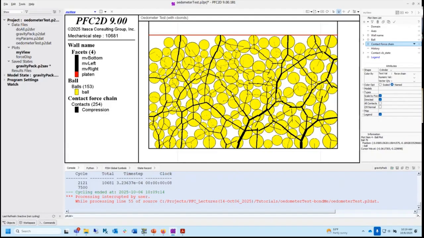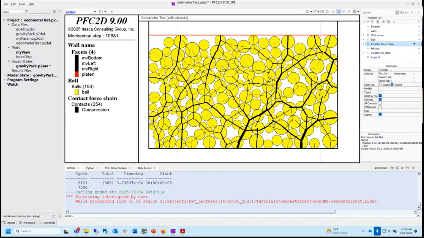You could construct this the way sandstone is constructed, and that's kind of what we're doing here. We're letting it rain in under gravity. Then we could be applying overburden loads, and then we could be putting in cement, right? And then we could be unloading it just like you're taking out a core. Or you could say, oh no, this is like a granite. We're going to put a bunch of particles so they're not touching, and then we're going to slowly expand the particles, which is similar to a crystal forming and growing outward. And then you get a completely different packing. And you could say that would be an initial microstructure for granite, which would be different than letting it fall under gravity and compressing it.